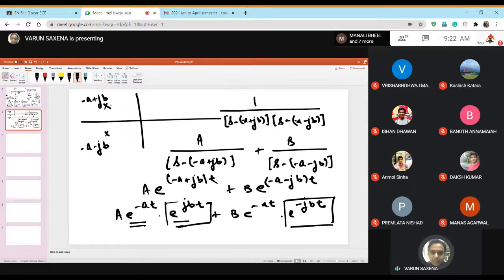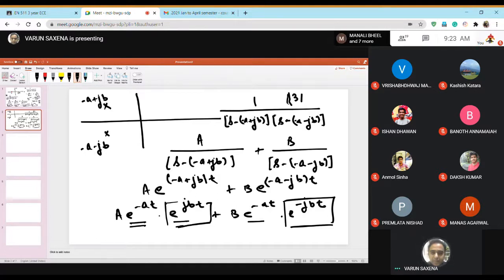So essentially, if you have complex poles on the left hand side of the S plane, the stability or instability essentially is determined by the real part of that root. So e to the power minus at decays. Here also you have e to the power minus at. So the entire thing is going to decay, and even the complex poles on the left hand side of the S plane are going to give you a stable configuration. So this is again, if the roots are complex but are on the left hand side, the system again remains stable. So let me just write it here.